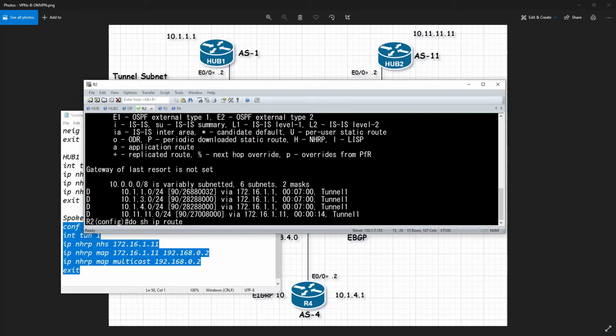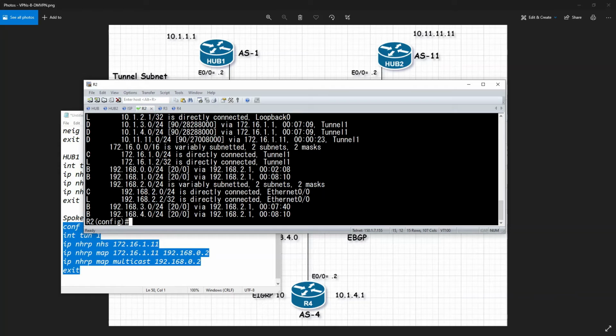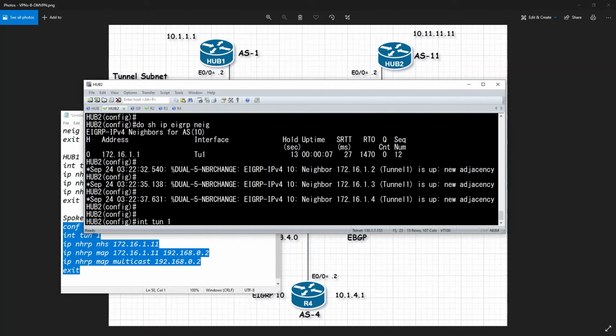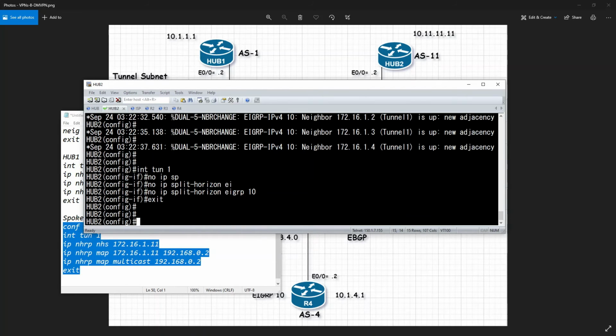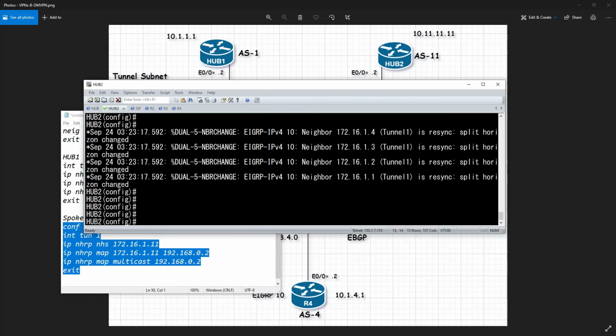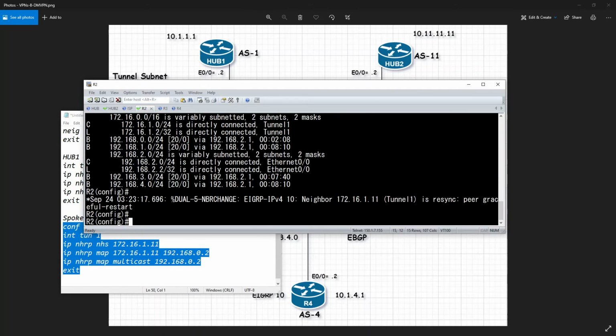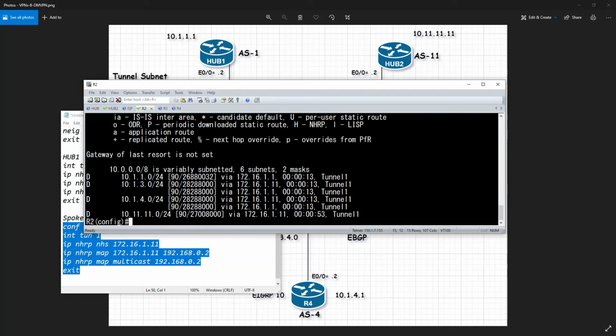If I say do show IP route, still it is in the synchronization. And if you remember, we have to do the no split horizon on the hub 2. So if I go back here, interface tunnel 1, no IP split horizon EIGRP number 10, and it should resynchronize. And now if I go back to my do show IP route EIGRP, you see that I'm able to